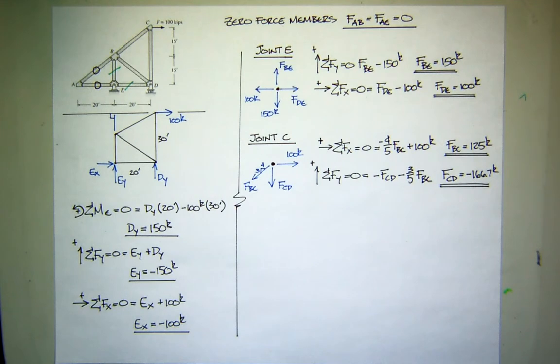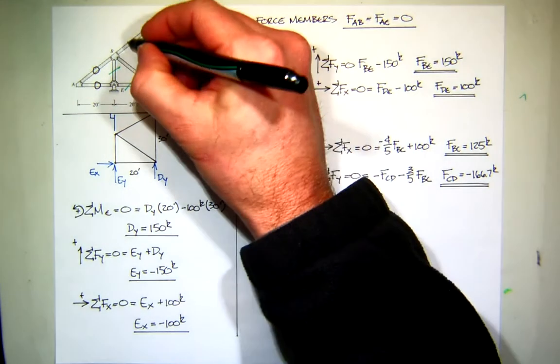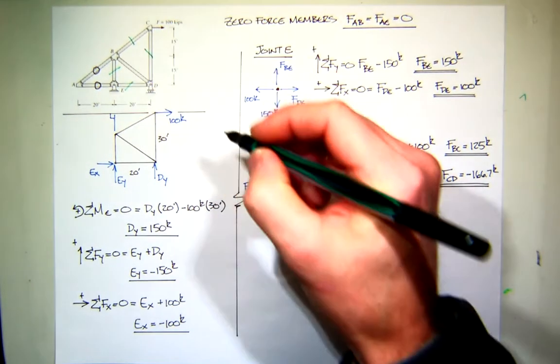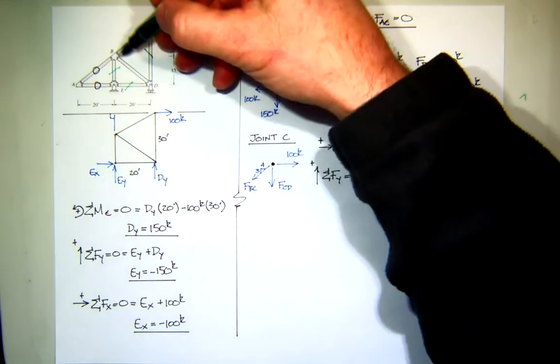All right, we're back after a commercial break, and to finish this problem. So what are we missing? So we found this one and this one. We only have one unknown, right? The diagonal